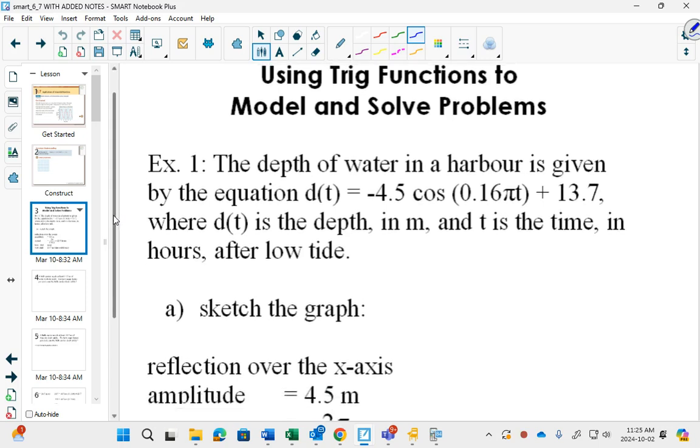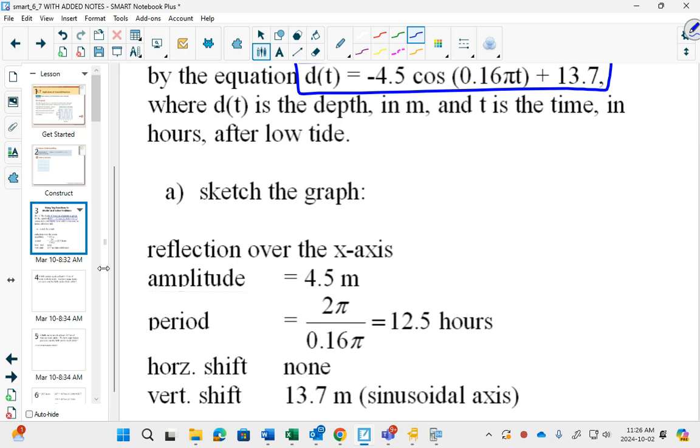So now anything in real life that repeats itself in a cycle, we can write a sine or a cosine graph to model it. All you need is a maximum point and a minimum point, and that's enough, if it repeats itself on a cycle, to draw the whole graph. So in these word problems, this will be the easiest question because, look at this, they gave you the equation already. So what we're going to do, I'm going to erase this part here,